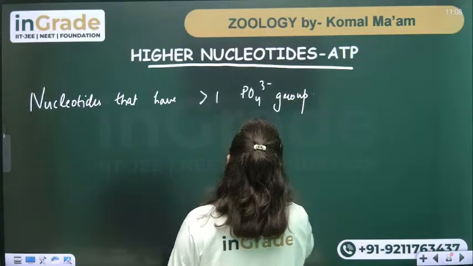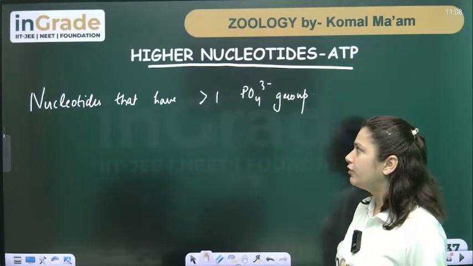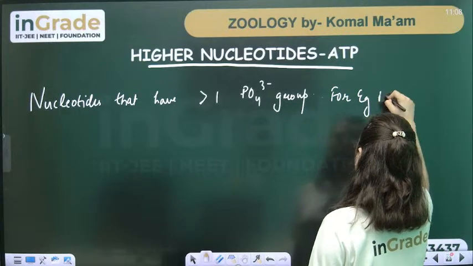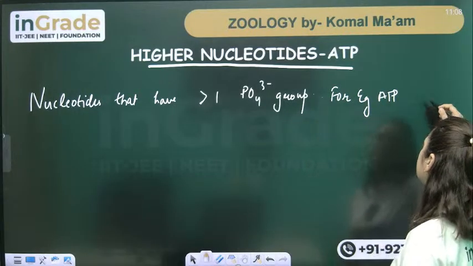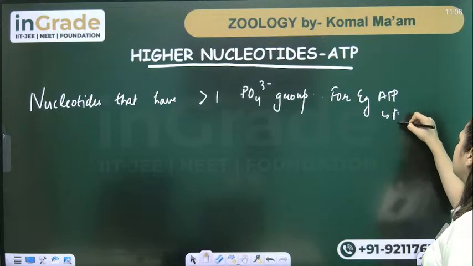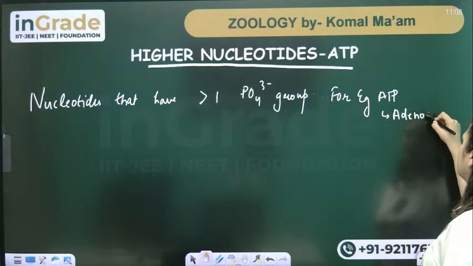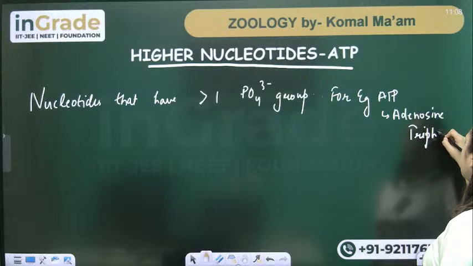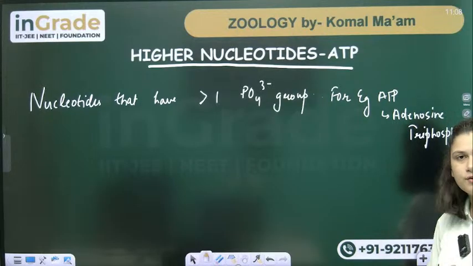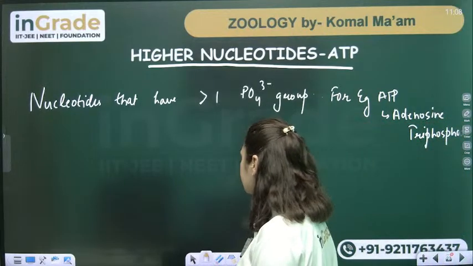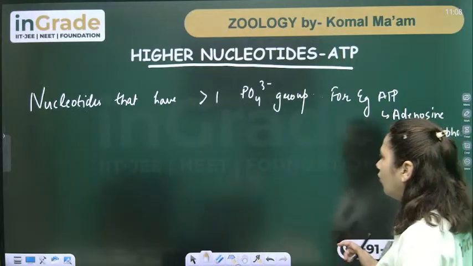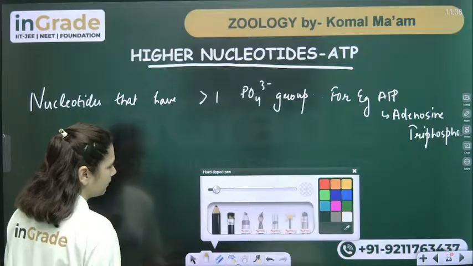For example, we have adenosine triphosphate. ATP is one of such examples. This is adenosine triphosphate. Now if we discuss the structure of adenosine triphosphate, then what we have is, see, we have